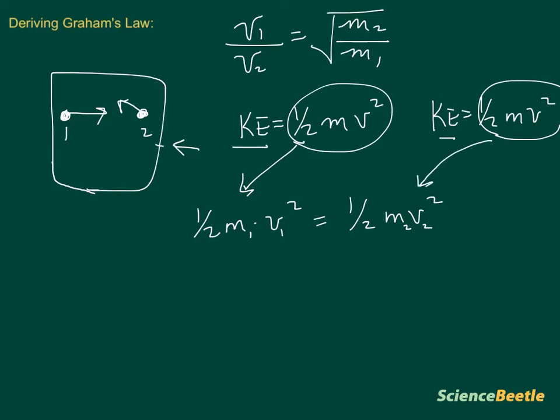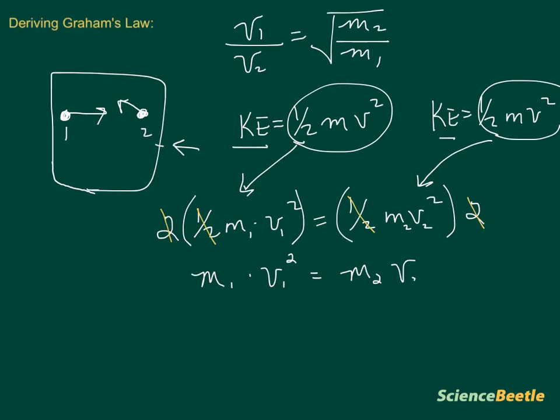Since both of these are the same, what we're saying is, okay, so we've got the velocities of these, we've got the masses, we're going to go ahead and multiply these by 2 on both sides. So we're going to multiply this one by 2, and we're going to multiply this side by 2. And when we do that, what happens is that the 2 cancels with the half, and the same thing over here. The half will cancel with a 2. And what we're left with is the following. m1 times the velocity of the first one squared